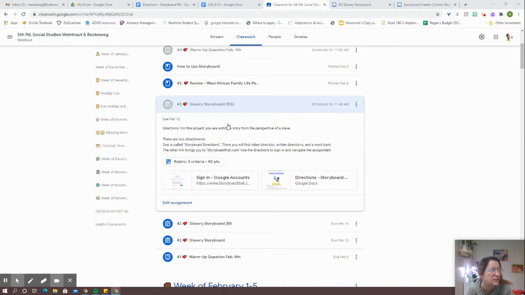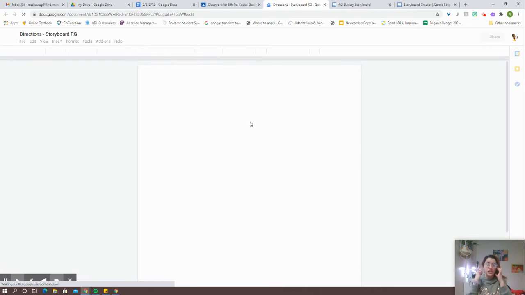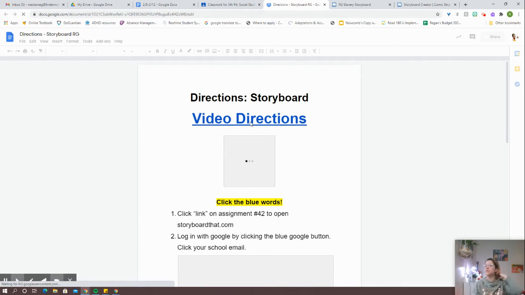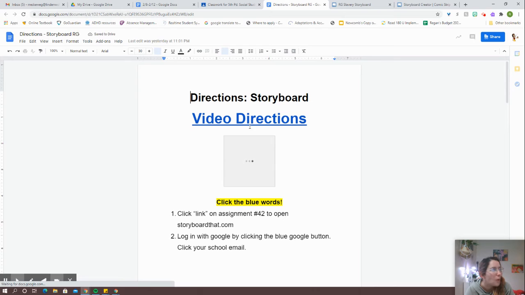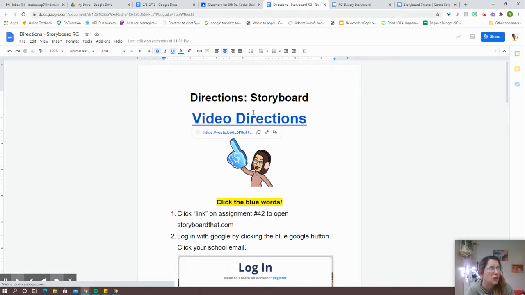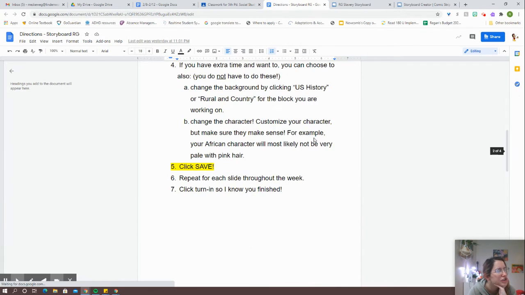All right, under this assignment, there's going to be two links. You need both of them opened, right? So first you're going to need to open the directions, which is where you'll find me. So hopefully you've already opened up your directions. But while you watch this video, keep your directions open. Why, you might ask, since you already are watching the directions? Well, even if you watch this whole video, underneath of your directions,